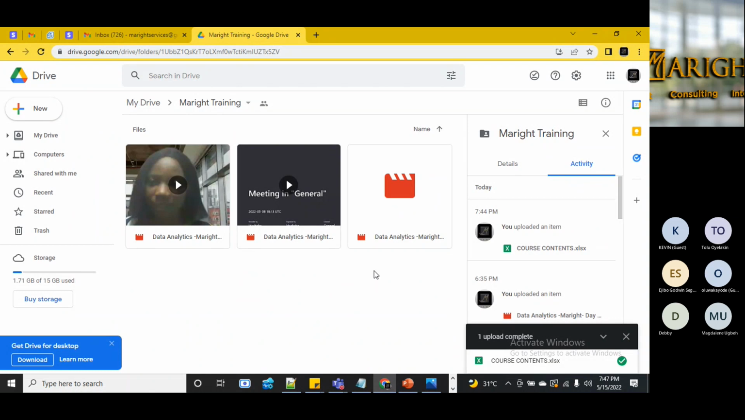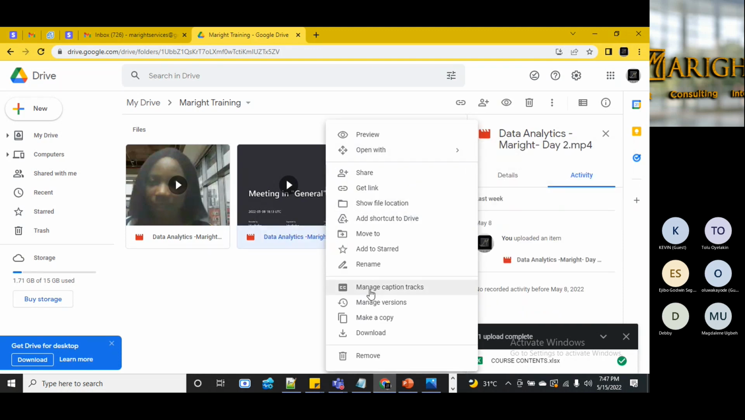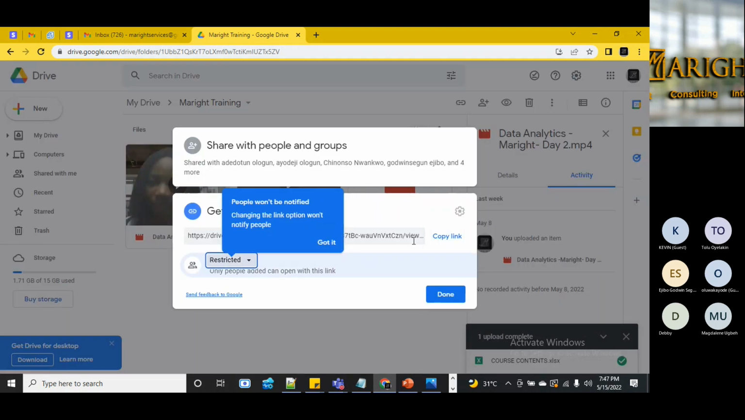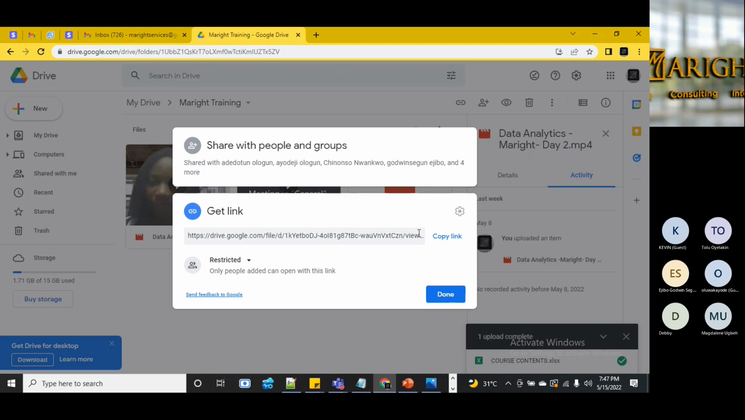Let me, let's assume this is our Excel file. Let's assume this is an Excel file. So there's always a link. I will get the link. I will say, okay, this link, copy this link. I'll copy this link. Once I copy this link,